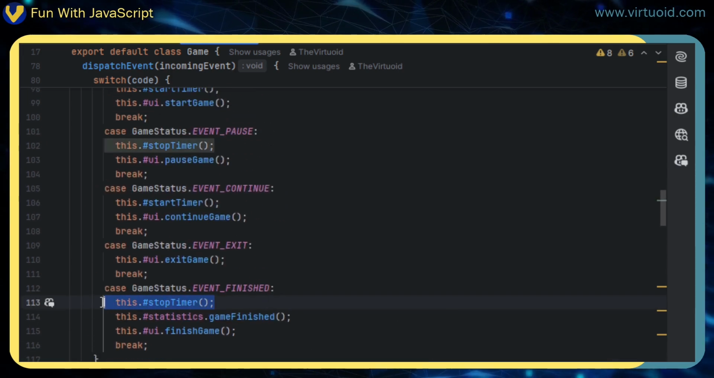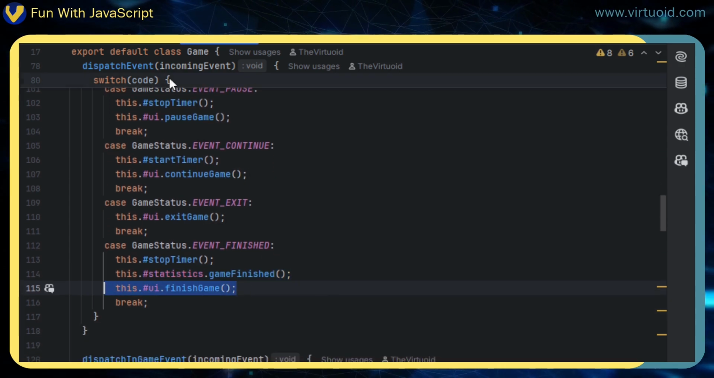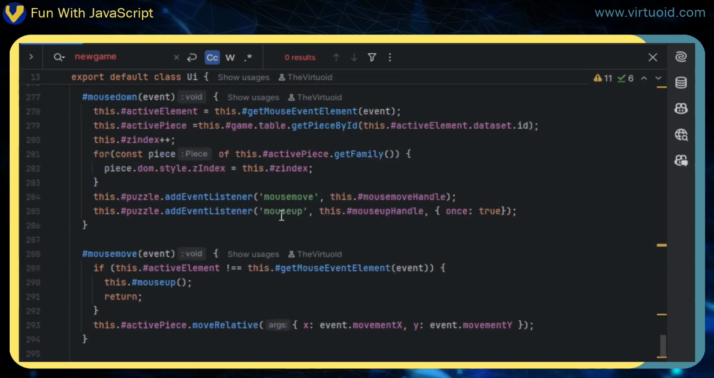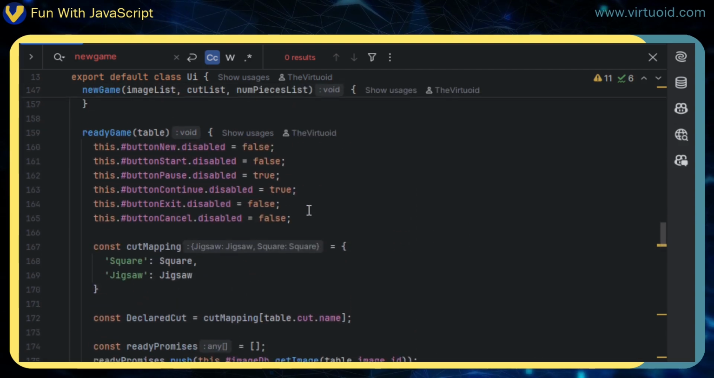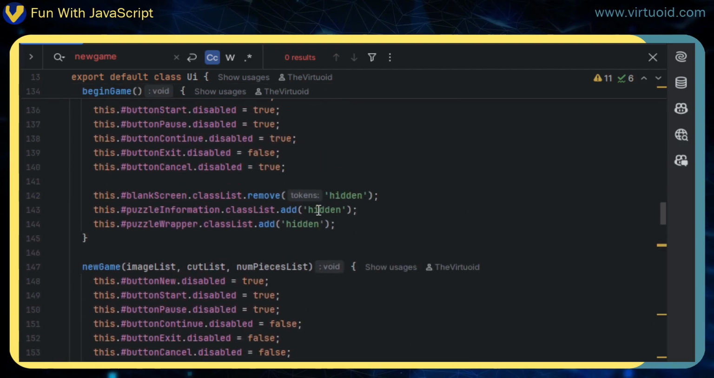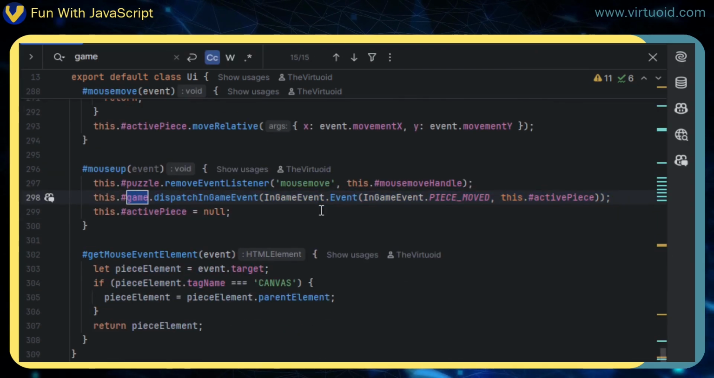Game finished. We stop the timer. We tell the statistics game is finished, and we tell the UI the game is finished. And right now with the UI, the game finished, there's not a whole heck of a lot that happens. Let's just do a search, game